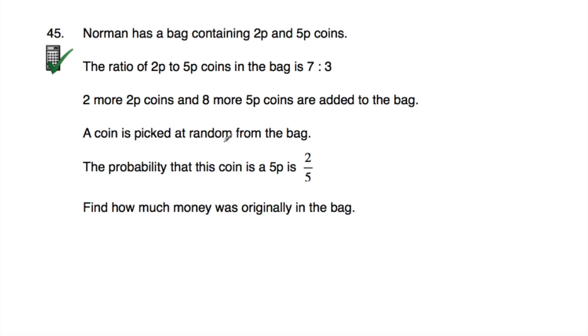So there's a lot of information here. We've got information about ratios, we're told some coins are added to the bag, we've got probabilities as well. So it seems like quite a complicated question, but let's break it down, and that's why it's question number 45 here. So let's start off at the start. So at the start,